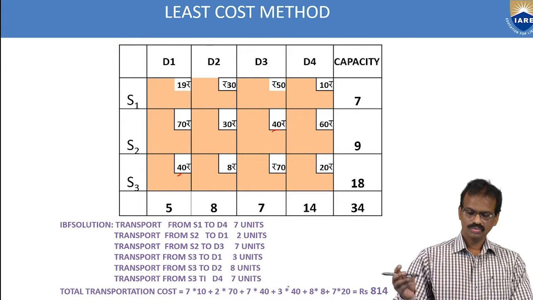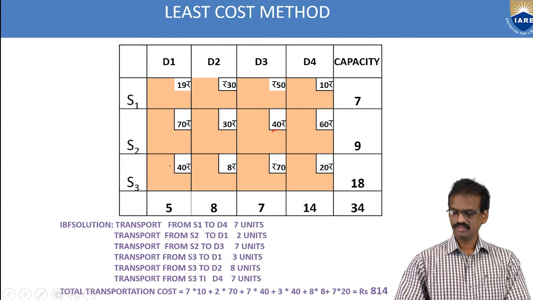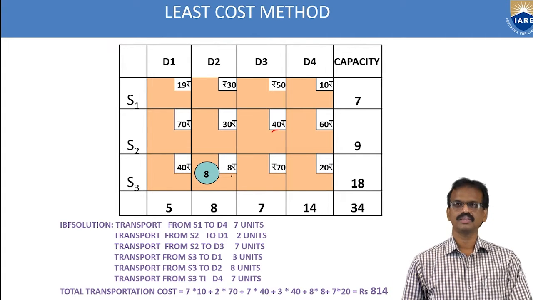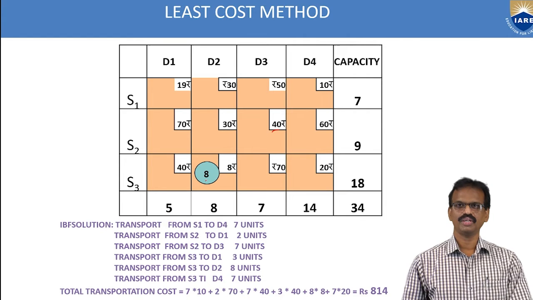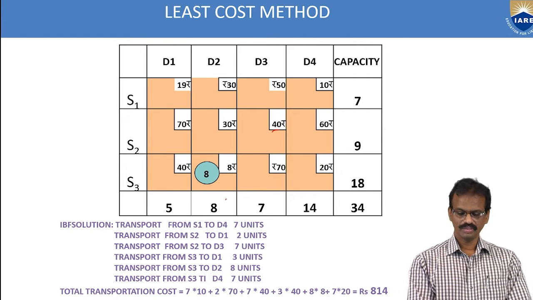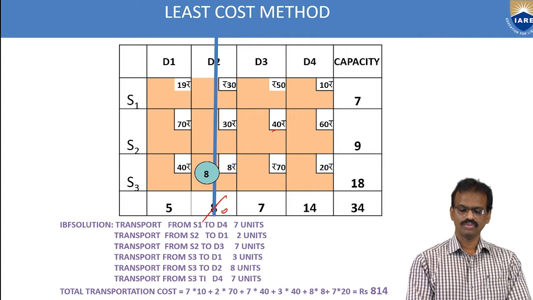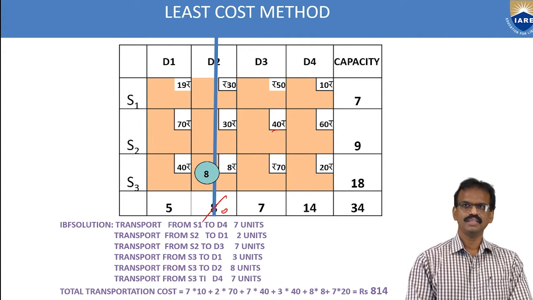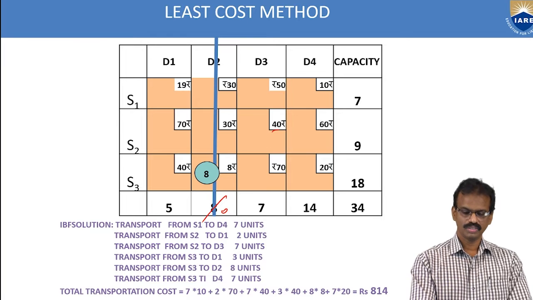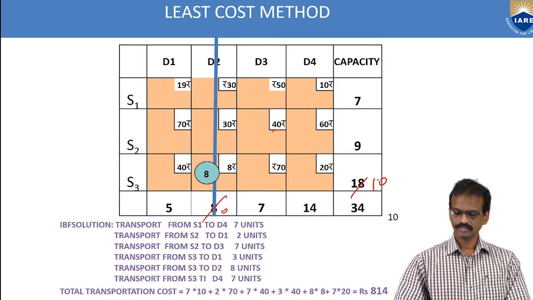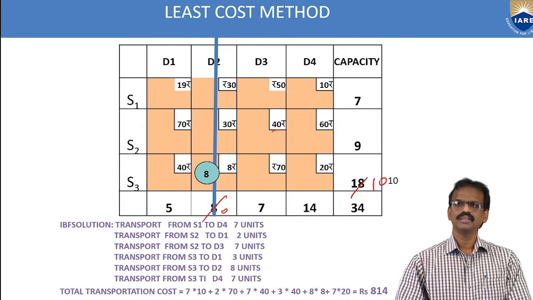Okay. So first of all, you have to identify the least cost value. So 8 is the least cost value. Then you have to allocate 8. If you allocate 8, this will be cancelled. So automatically it's 0. So we can strike this column. Okay. Here remaining value is equal to 10. Here 10.